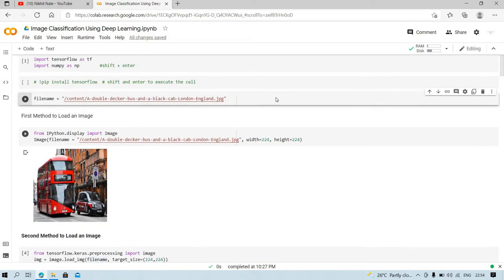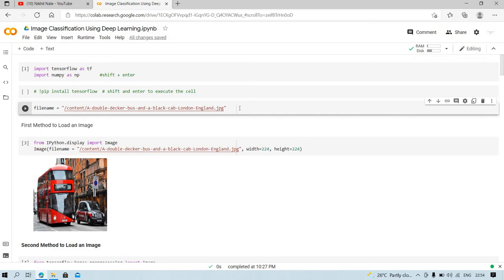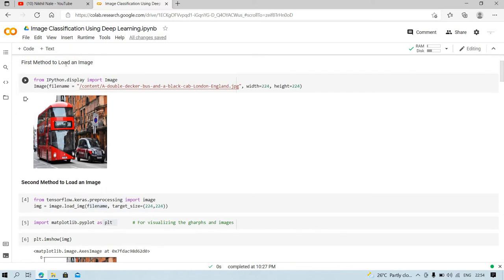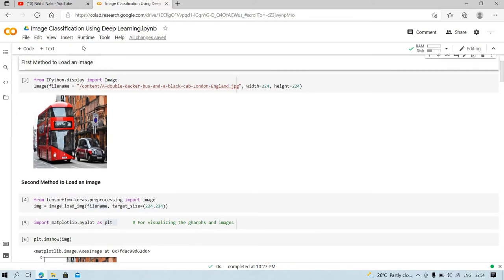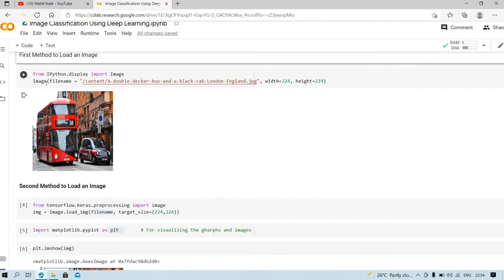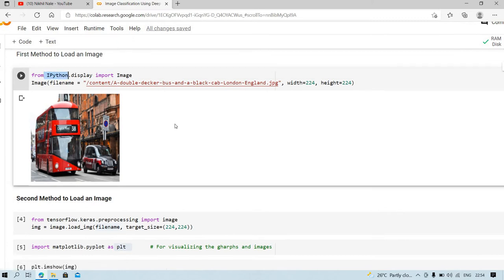So what I want to show you are four methods to load an image. For the first method, from IPython.display I will import Image.